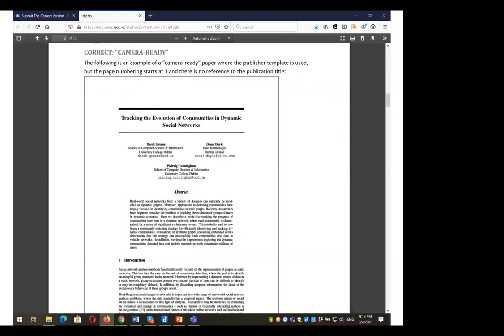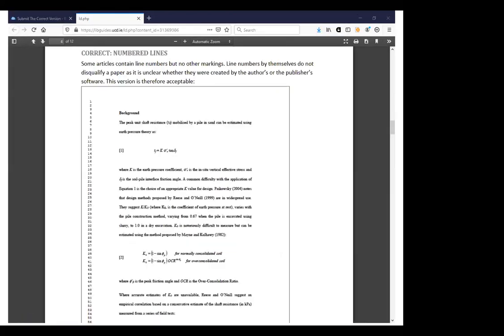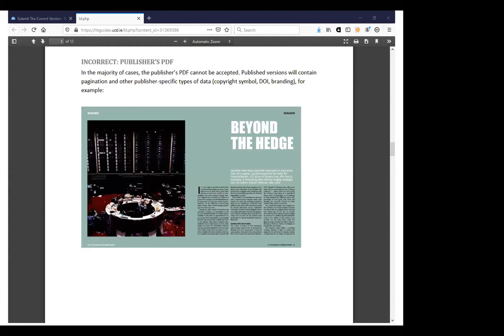It could be a camera-ready version, but numbering always starts at 1, and there is no reference to the publication title. So that's also how you can see that this version of the article is a version that you could upload, or these articles could contain line numbers but no other marking. For example, this version is also acceptable, but this version would already be a publisher PDF, because you could see